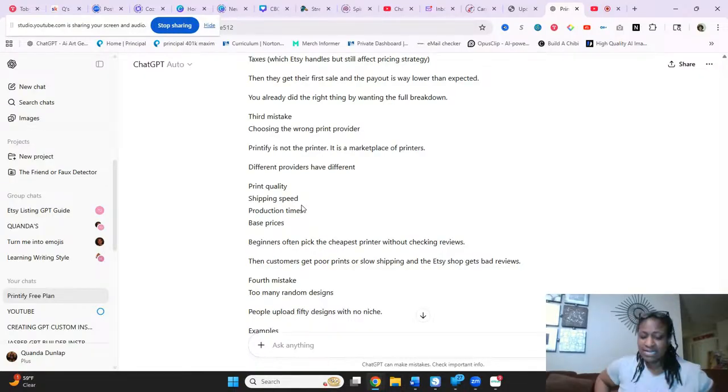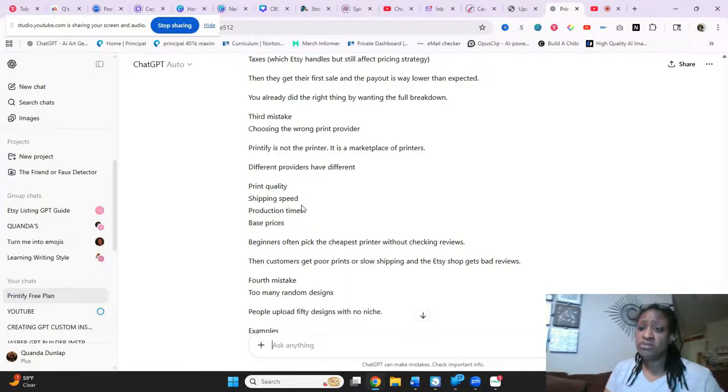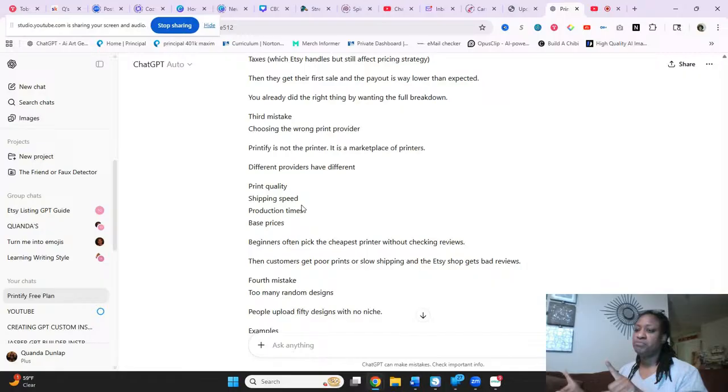Because when you add a listing to a print on demand, if you're just starting out, you can order the same shirt from each one of the print providers, right? Or print people, to see when it comes in the mail. You look at the shipping, the quality. I would even wash it a few times to see how it's going to look on the back end,